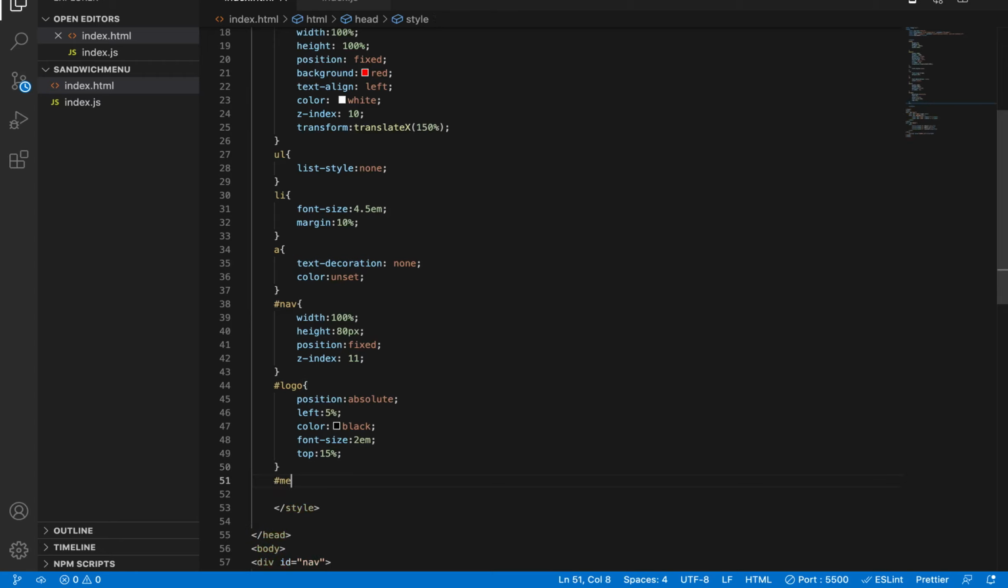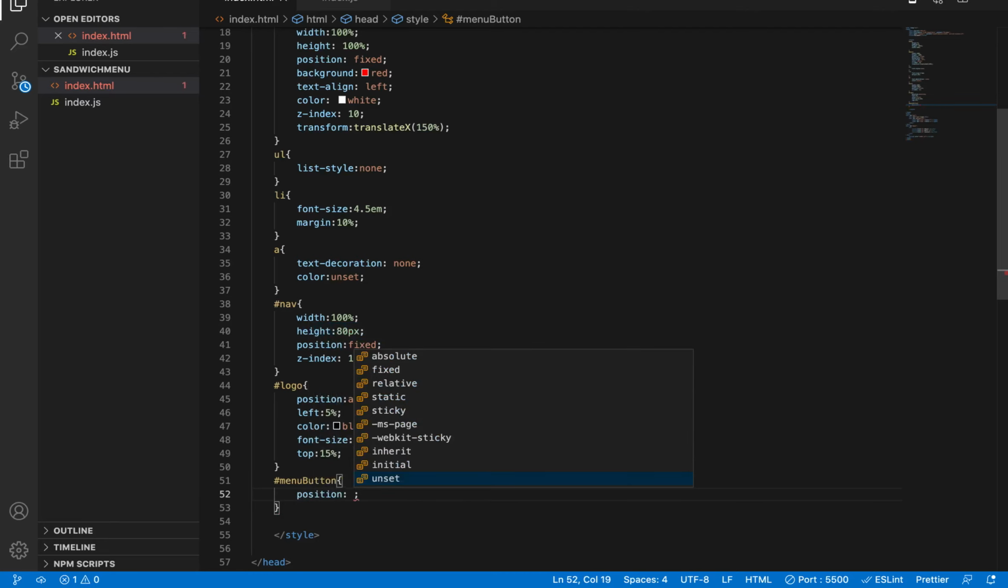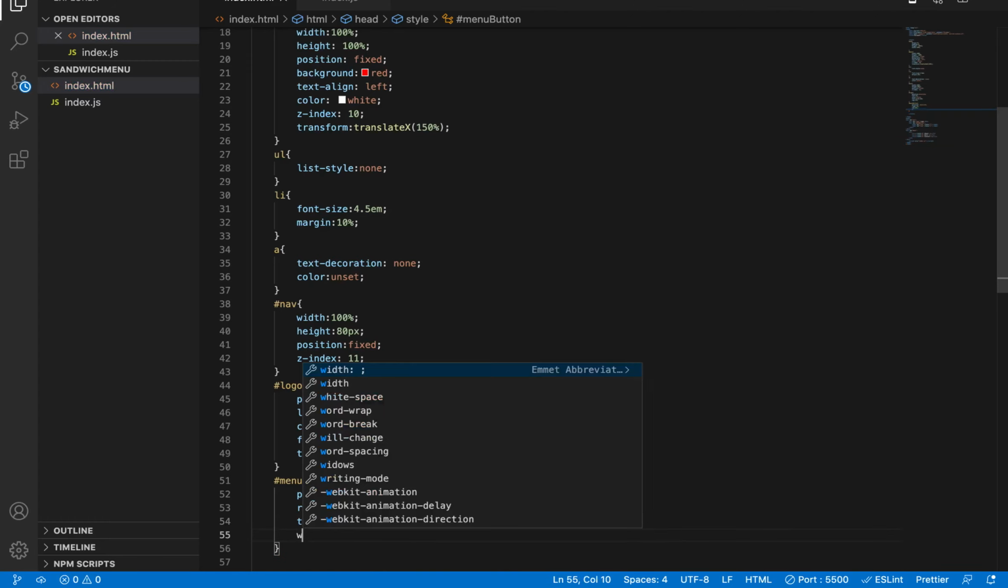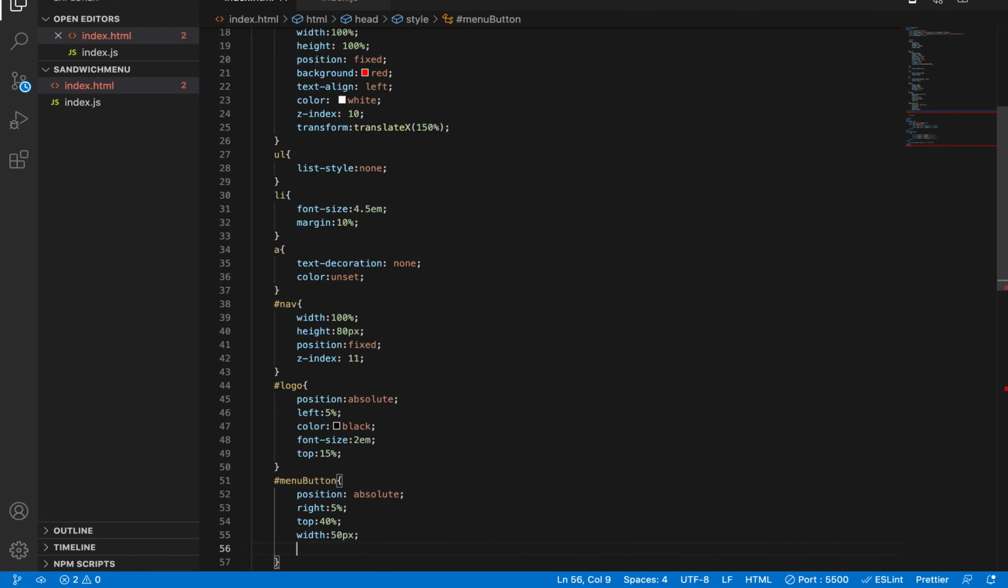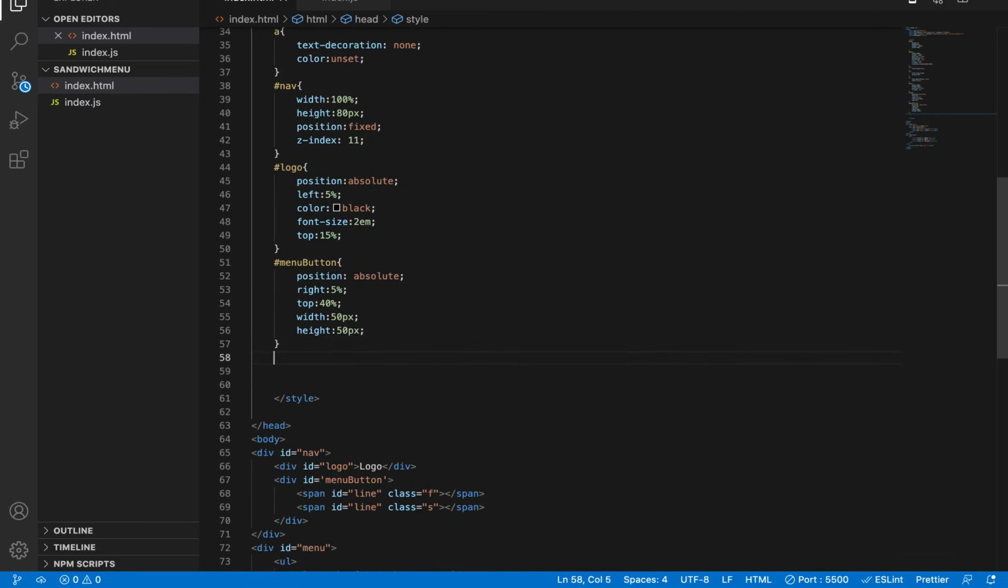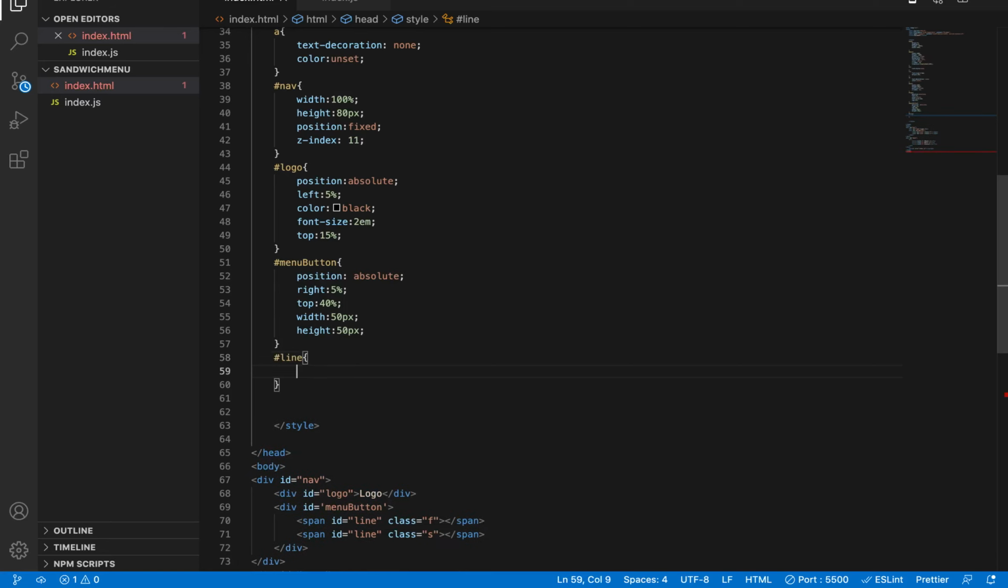Now we can style the menu button. Also we give it position, sorry for my bad writing, position absolute. We'll give it 5% from the right and top, and 40 from the top, and it will be width of 50 pixels. Also the height will be 50 pixels, sorry. And for the line, if you remember the line ID, we give it the width of 40